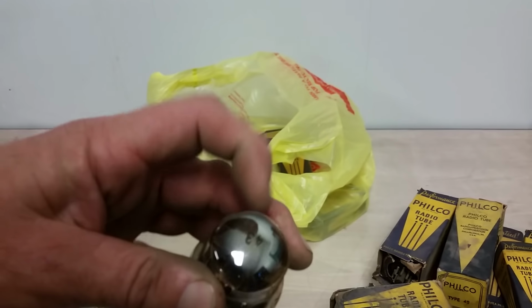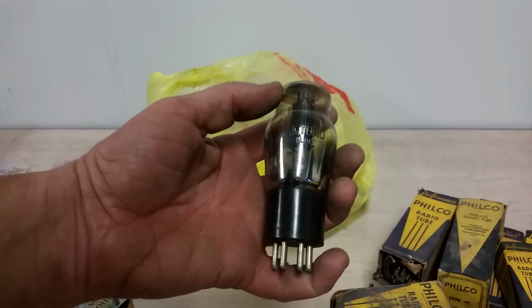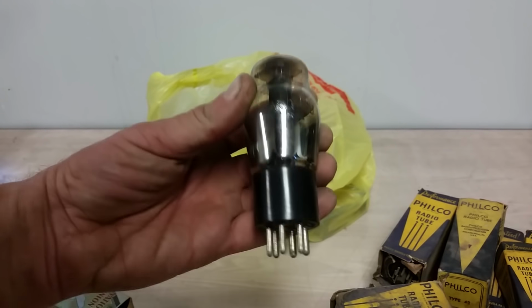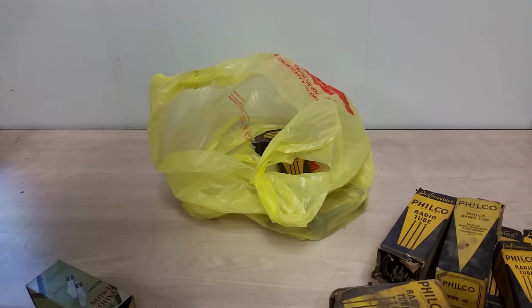Ooh, wow, this has got a lot of use on it. They ran out of blue glass, but it was still their thing. So for a while, they just wrote on the tubes blue. So yes, this is blue. This is not clear. It's blue. It's blue. Believe me, it's blue. So yeah, Arcturus,